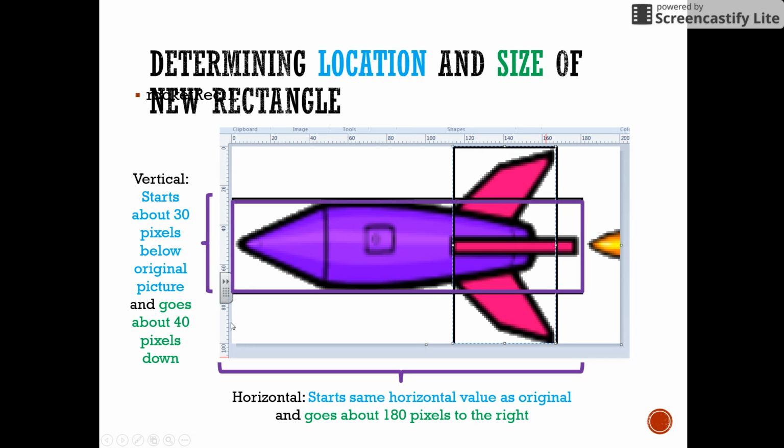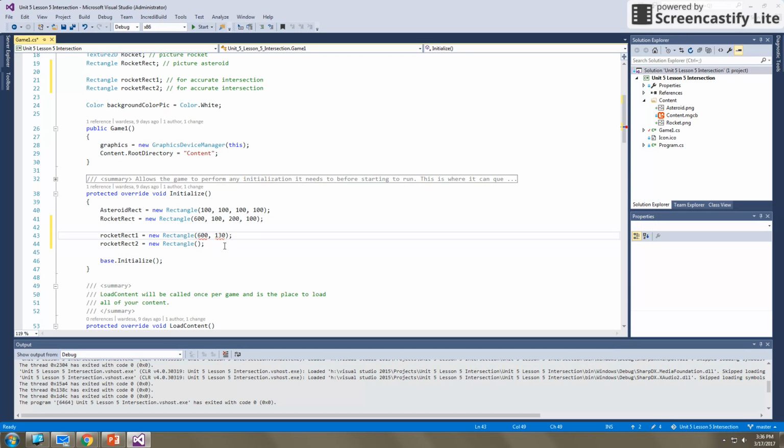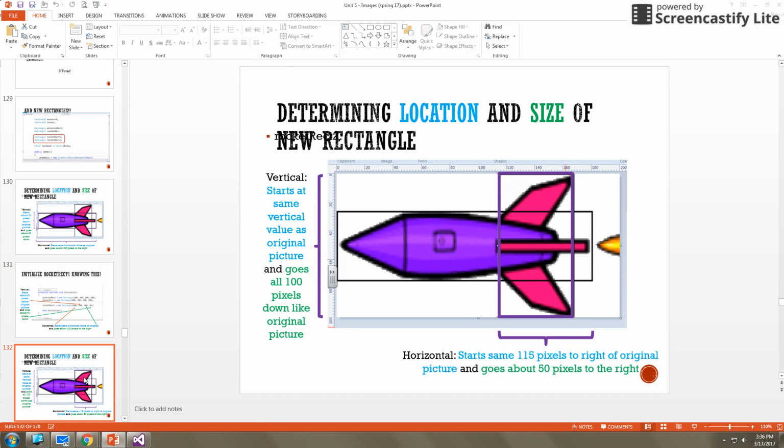So a height of approximately 40 pixels. So width 180, height of 40. So if I go back into MonoGame, I have a width of 180 and a height of 40. So I've now started Rocket Rect 1 in its location and have a width and a height for it. Now I'm going to do the same thing with the